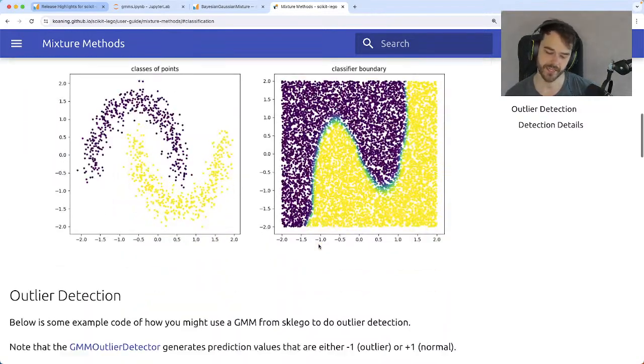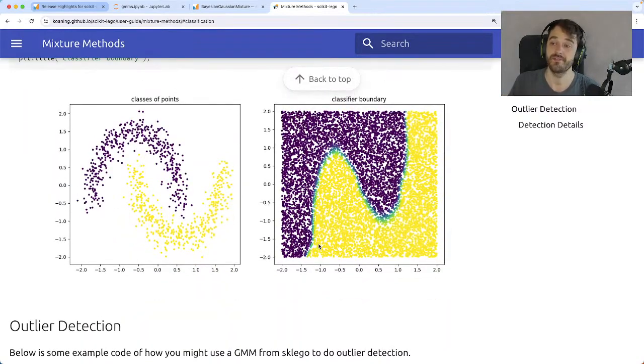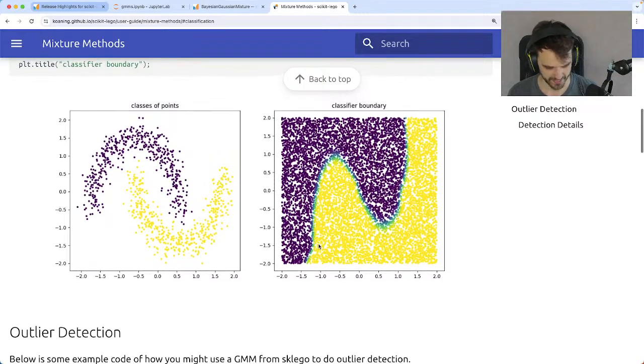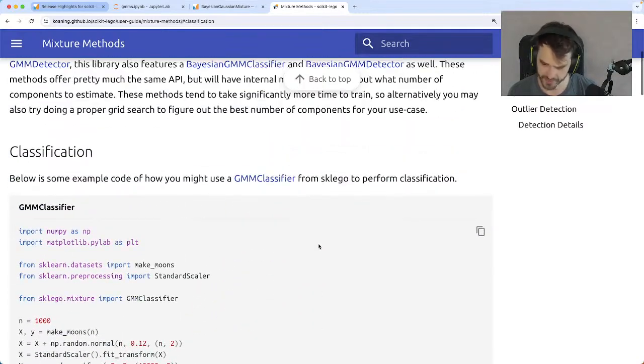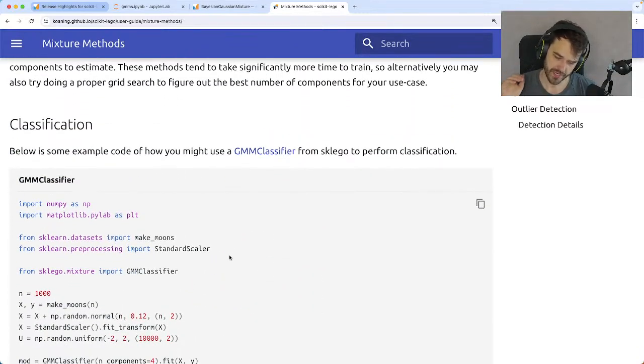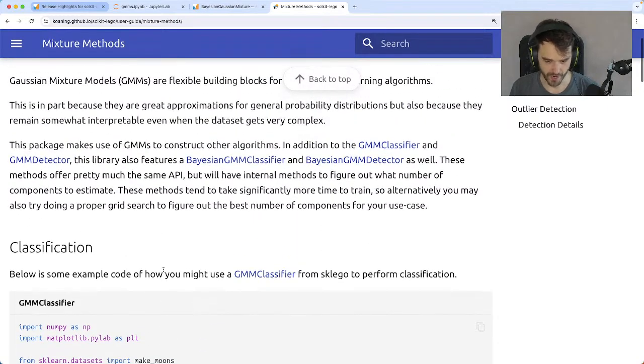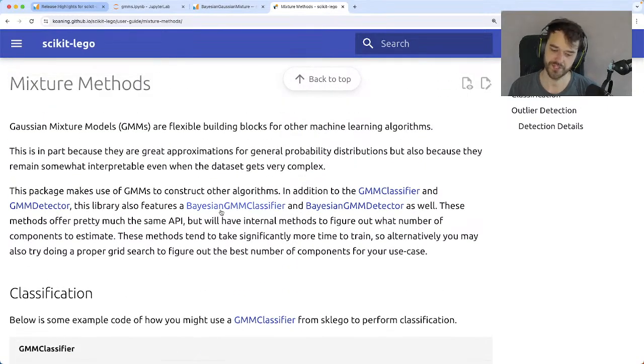It is also fun to see how this behavior changes when you give it different data sets. So you can also do the draw data thing and see where it makes a mistake. One thing that is also good to know is that we have variants for the Gaussian mixture model. The Gaussian mixture model is the main Lego brick under the hood, but if you really wanted to, we also feature the Bayesian variants as well.